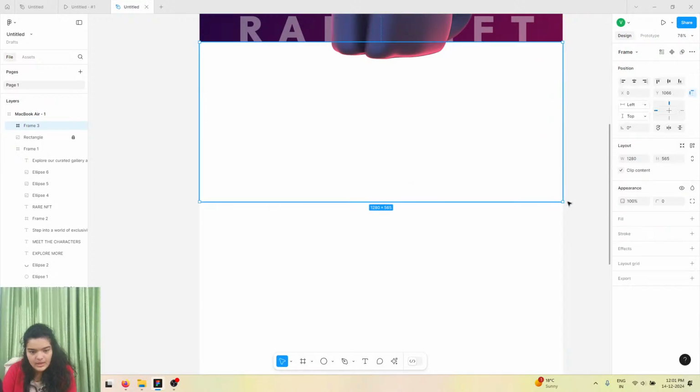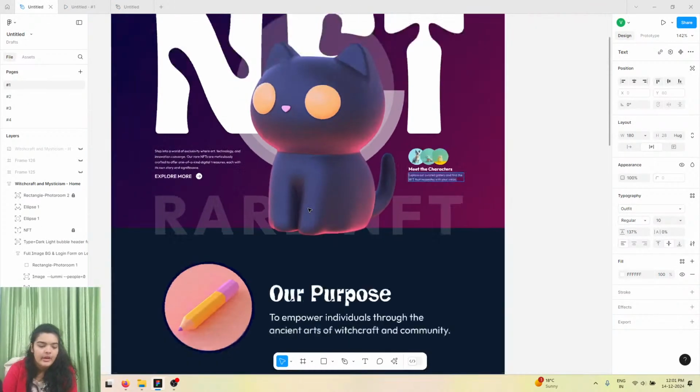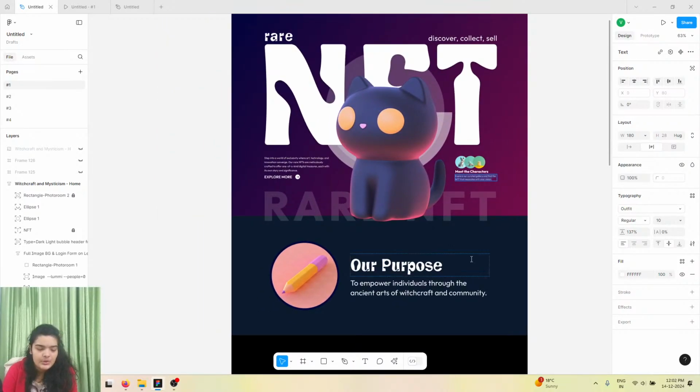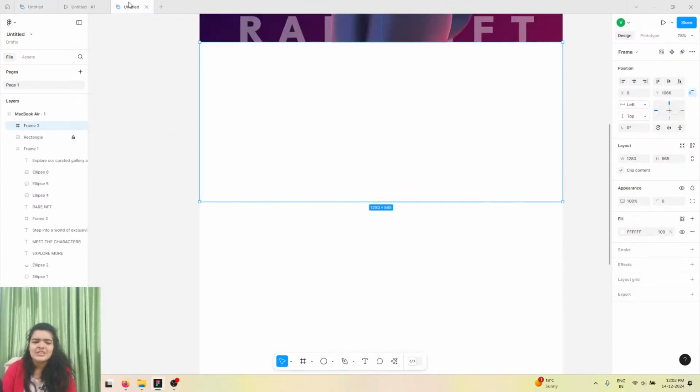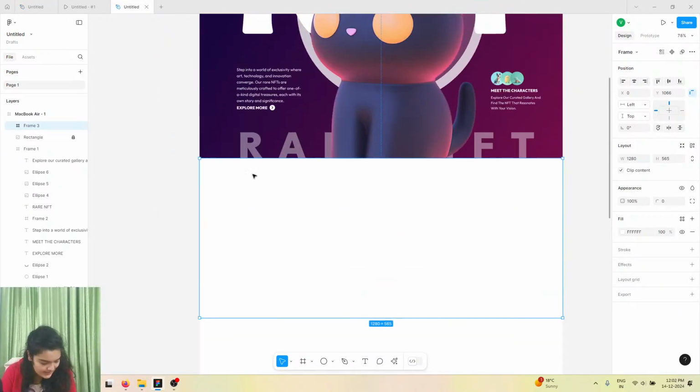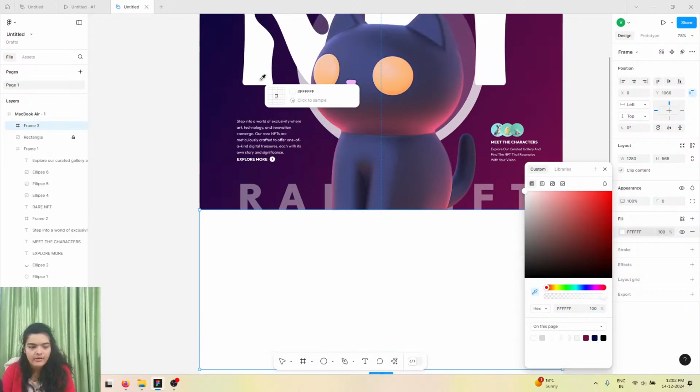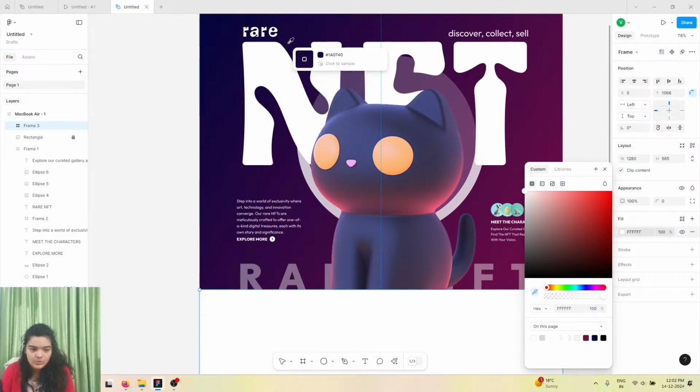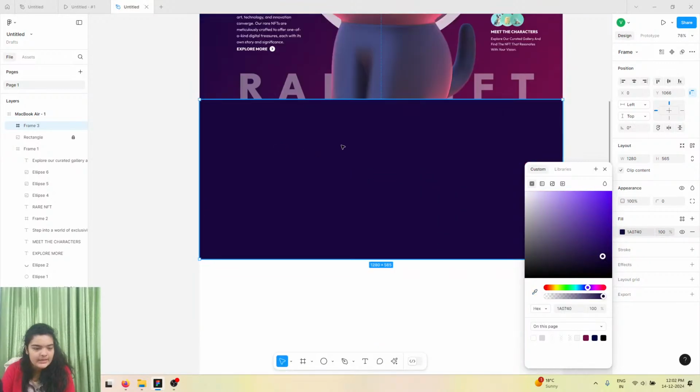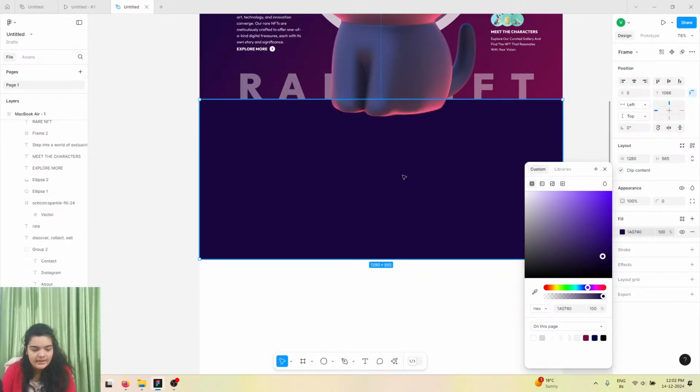and add a fill to it as well. Again, I feel like we need to have the exact colors that we are using in here, and you don't actually need to copy my exact color palette. As long as you select a color from inside of our gradient, any of these should work. So we're just going to get this color inside, make sure to send it to the back,